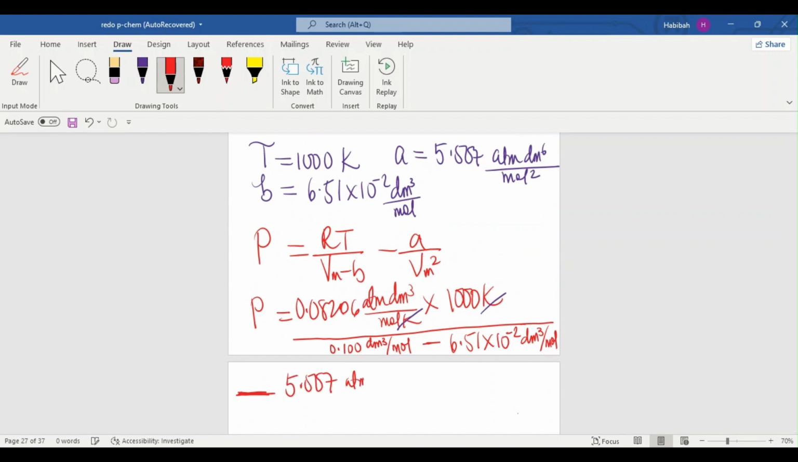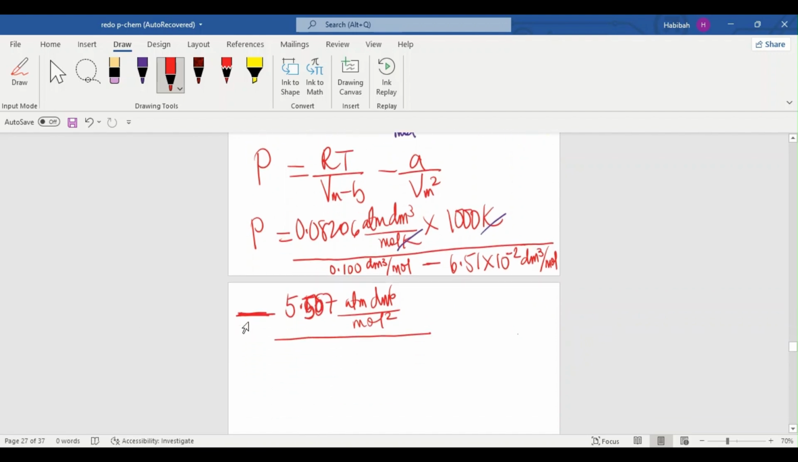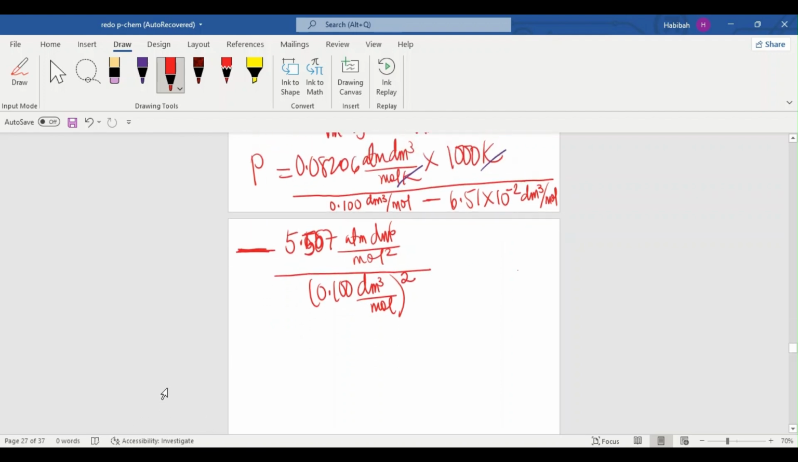5.507 atmosphere dm 6 per mole squared, divided by Vm squared, which is just 0.100 dm cube per mole, all squared. Yep, that's it. So we're just going to simplify. So 0.08206 times 1000 Kelvin is just simply 82.06 dm cube